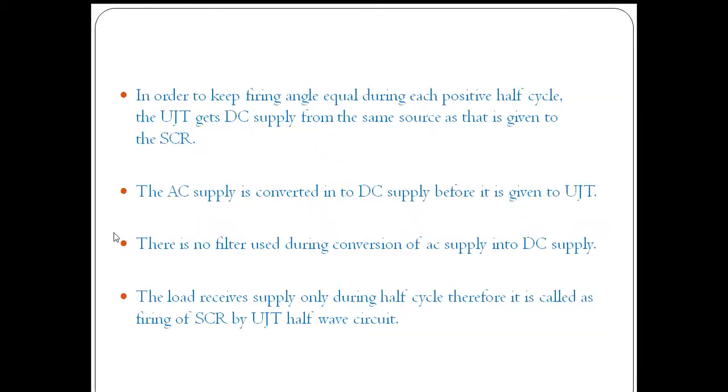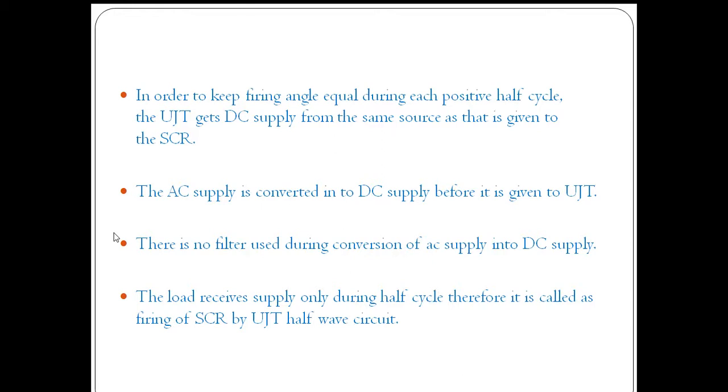So this is regarding the turning on process of the SCR by using the UJT. This is the partial completion of chapter 1. In this, we mainly discussed the importance of power electronic devices and different power electronic devices. Mainly, we focused on thyristor family devices. In that, we focused on the SCR, its turning on methods and turning off methods, that is, triggering methods and commutation techniques which we use to turn on the SCR and turn off the SCR.